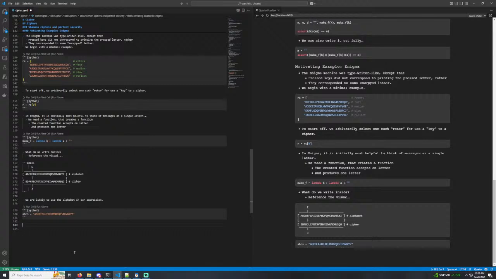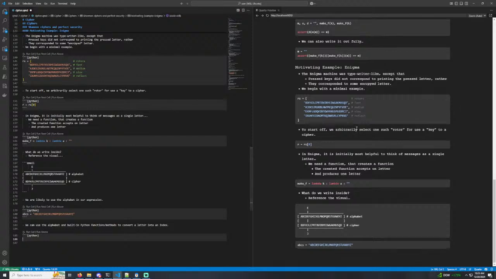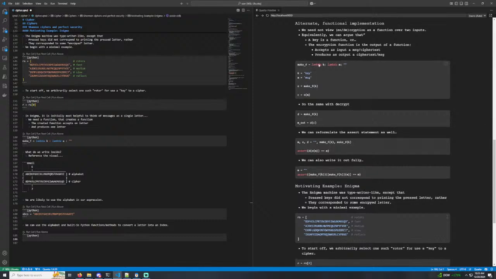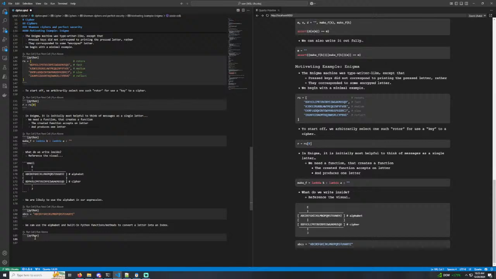Well, if I'm not mistaken, we can use the alphabet and built-in Python functions or methods, and I believe there's one called index, to convert a letter into an index. And the way I think I do that, I'm going to print this. I don't have to print it, right? The code comes out. I actually don't know how this works. None of these things would have run, right? We'll find out. So what I want to do is I want to say abcs dot